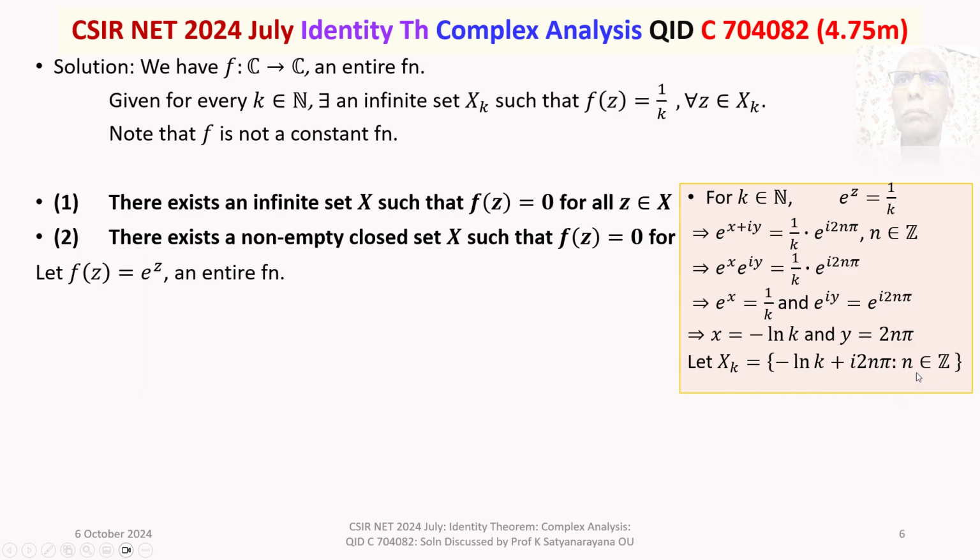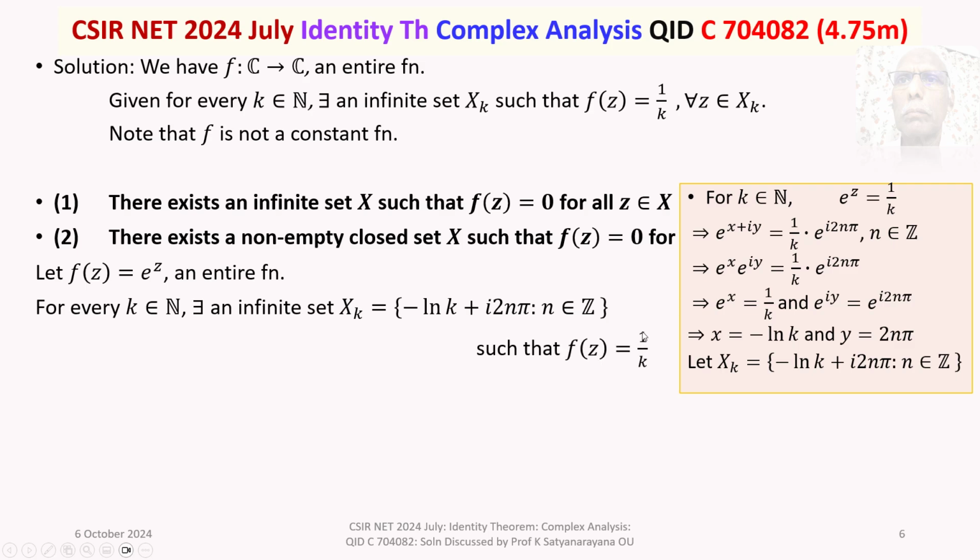Obviously, as n belongs to Z, Xk is an infinite set. So, for every k belongs to N, there exists an infinite set Xk, this one, minus ln k plus i 2n pi, n belongs to Z, such that f of z is equal to 1 by k. Thus, this function e power z is an entire function and has the property that is given in the hypothesis. Agreed. But